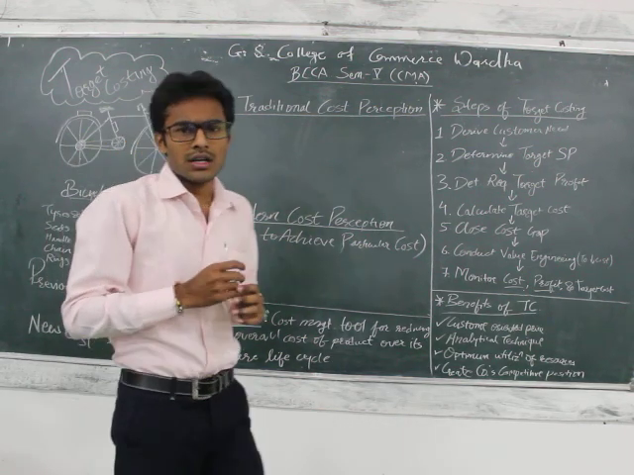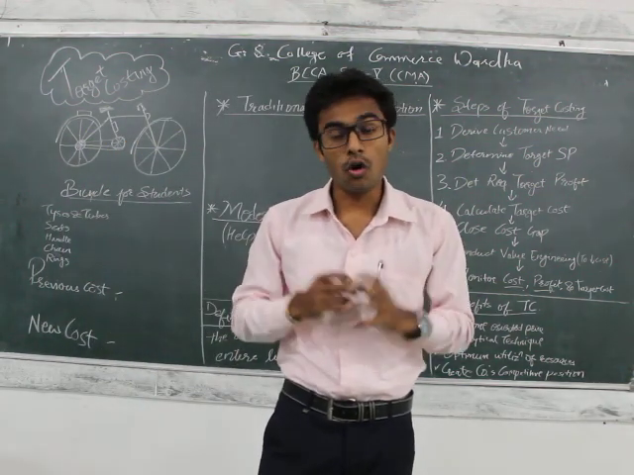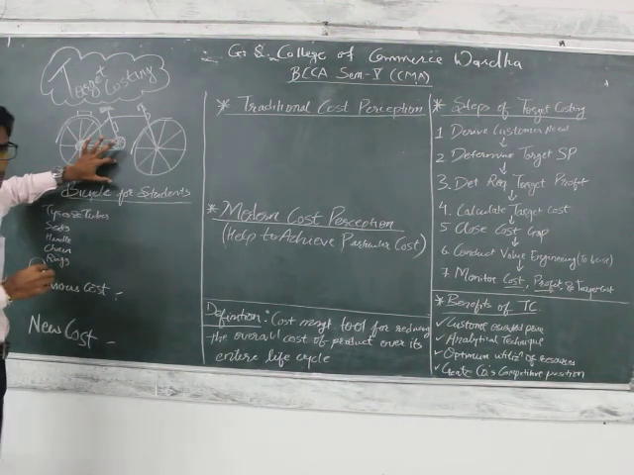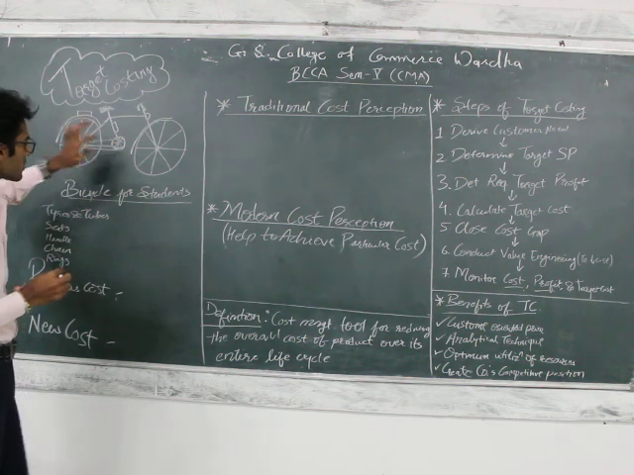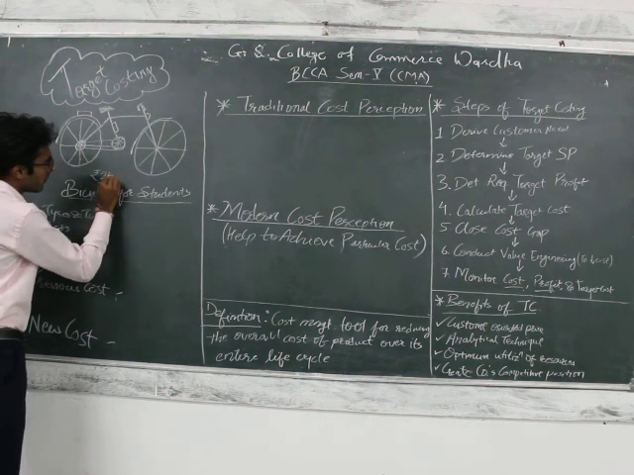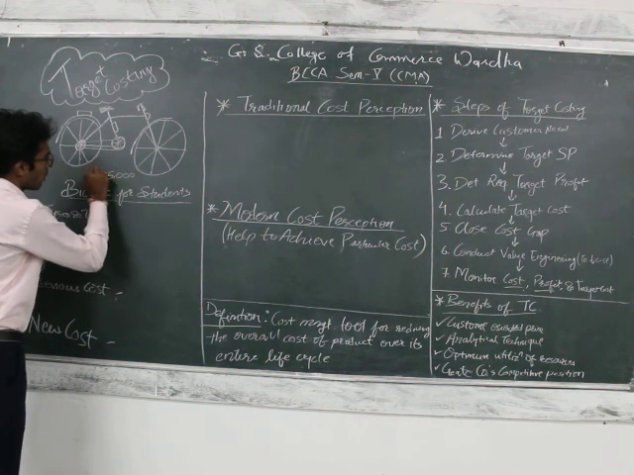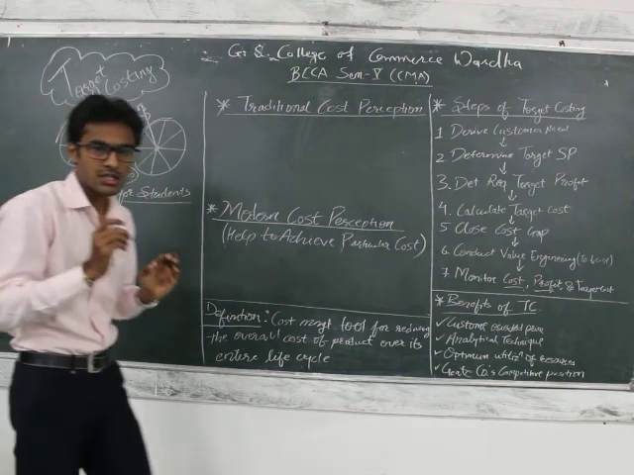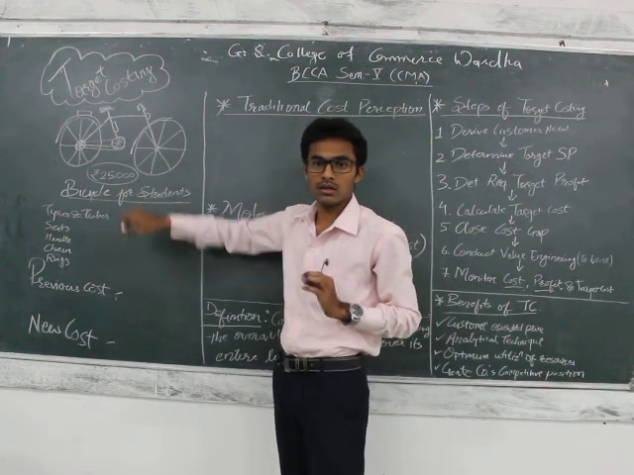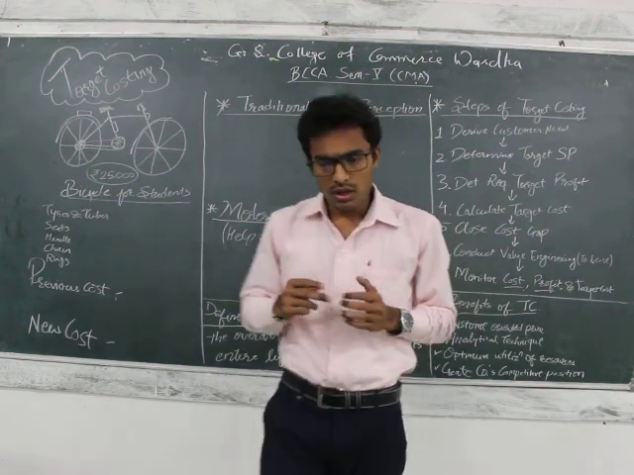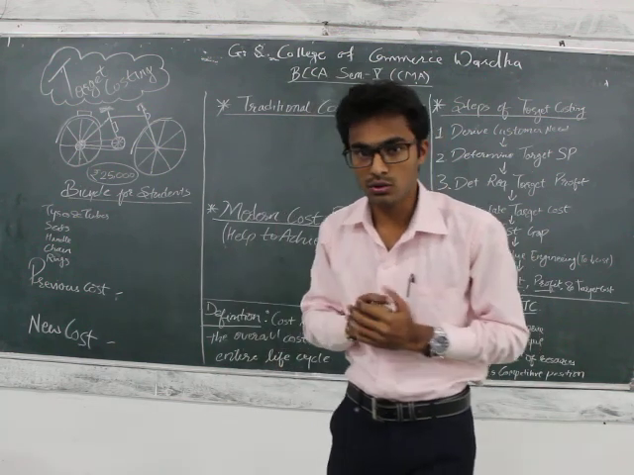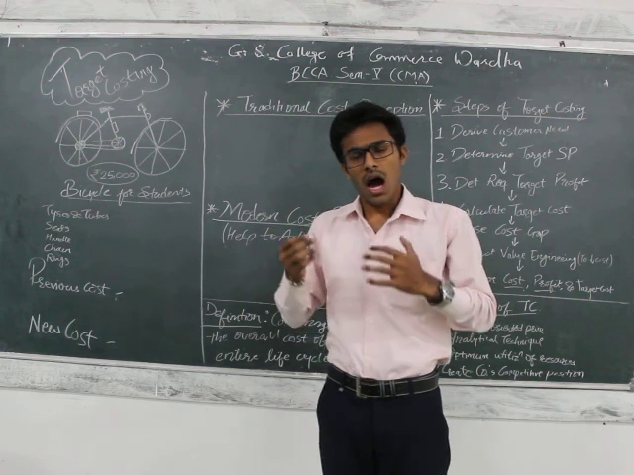So we are here to discuss what should be the cost. Let's say the price of this bicycle is rupees 25,000. This bicycle's price is 25,000. Okay, so the main concerning point is that the bicycle's cost is 25,000, and our company